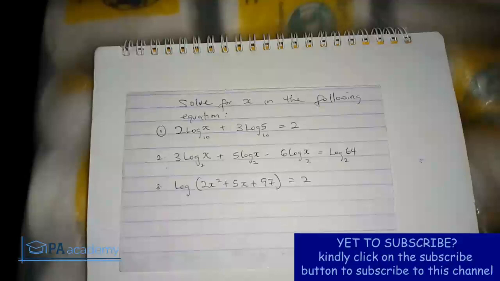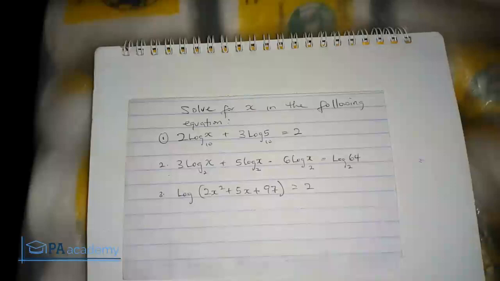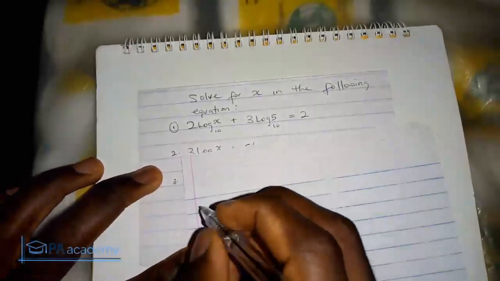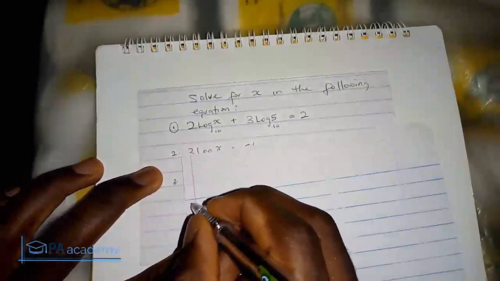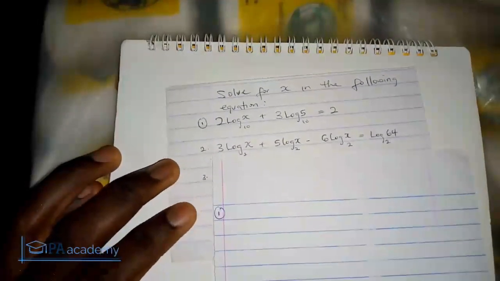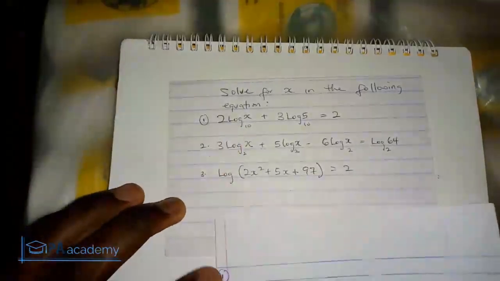So in this video, we are going to be looking at the following examples. Starting with example 1, in this example, we are going to be solving for x. We are looking for the value of x. Number 1 says